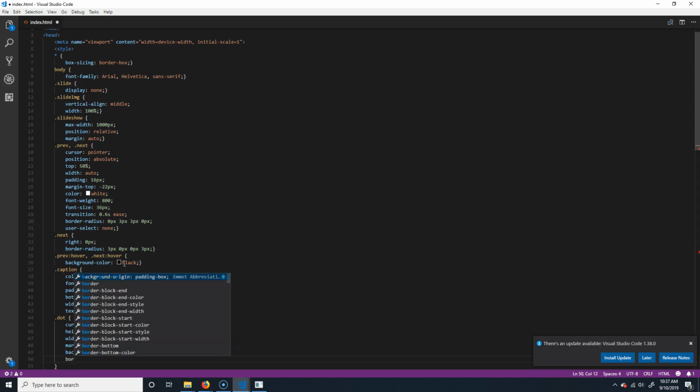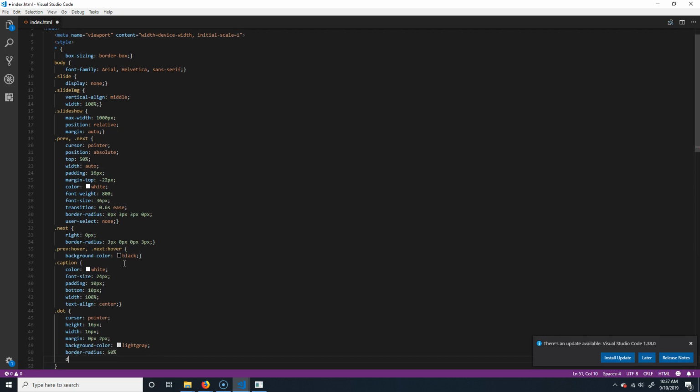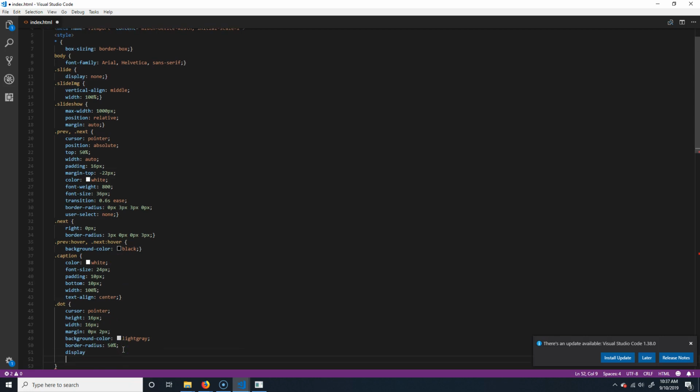And border-radius, we're going to do 50%, so that way it'll make it a circle. That's the idea behind it anyway. And then we'll do display. Oops, I forgot to put this semicolon. Display, none. Or I'm sorry, not none. Inline block, and transition,